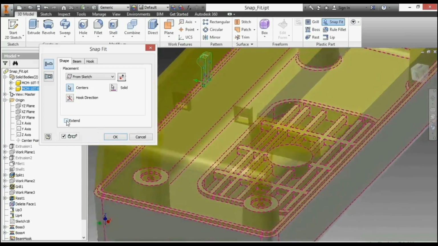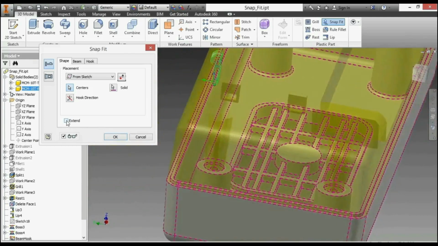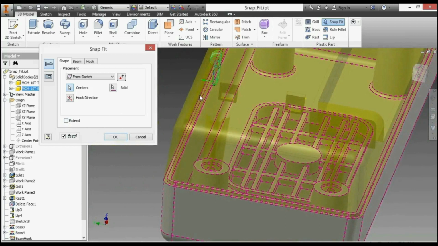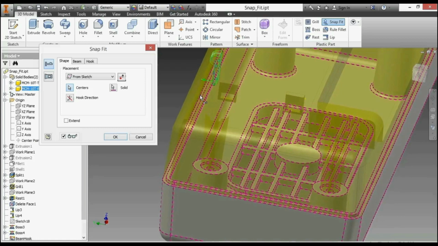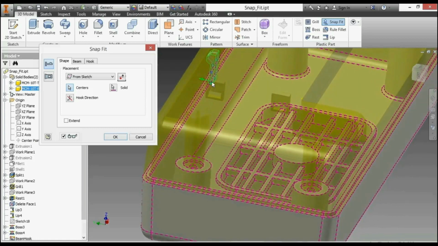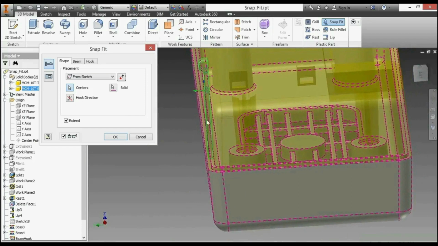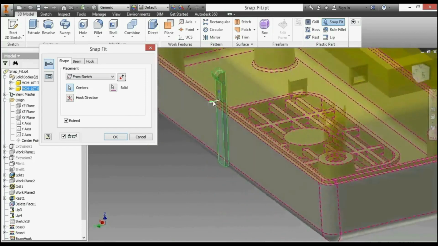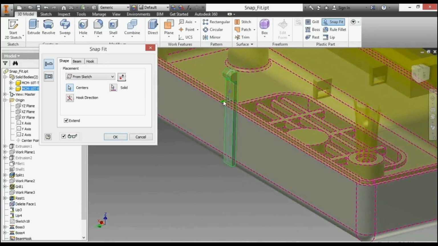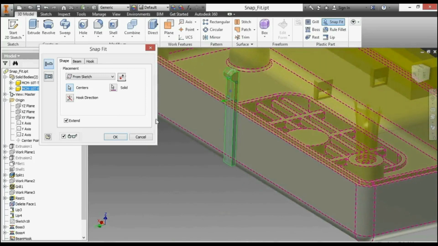Now if I just leave it like that, I won't have any geometry to support it. It'd be a piece of floating geometry. So be very careful on how you select where your starting point is and where you actually want the geometry to generate. Here I'll keep extend on, and this will actually build into the draft wall of my plastic part. You also have the same options here for these little grips, as well as the flipping icons. Next we'll move to the beam tab,